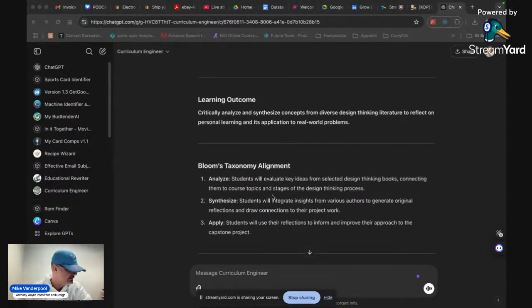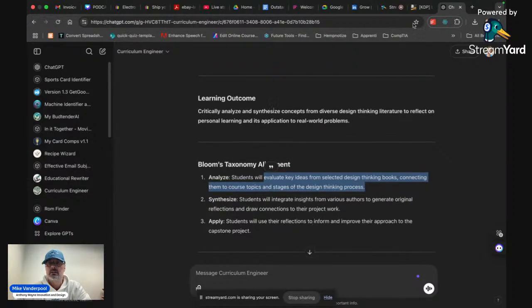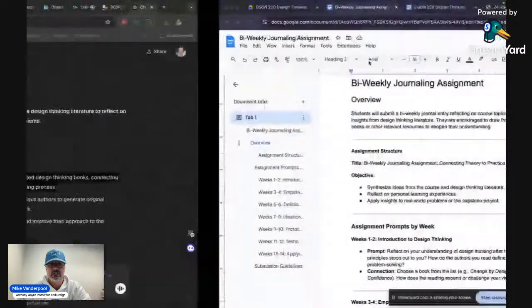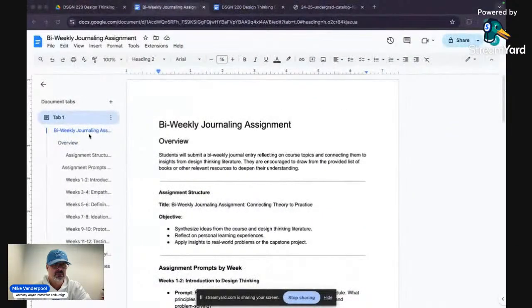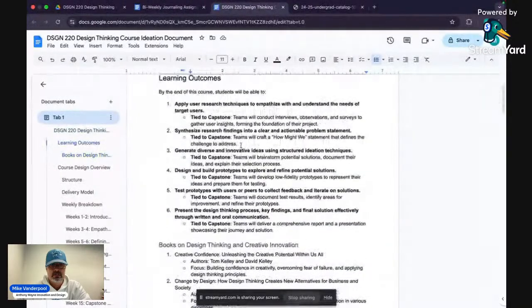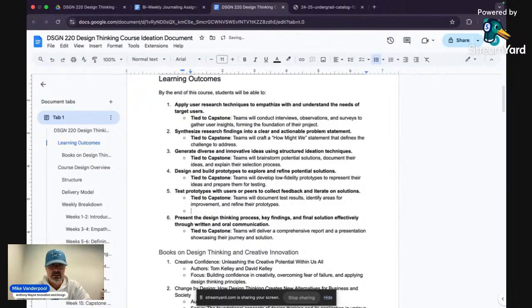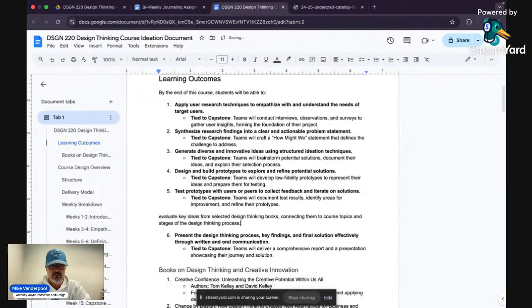Students will evaluate key ideas. Yeah, so I think this one right here. Analyze key ideas. I think that's what we actually want to add into our LOs. That probably makes the most sense here, right? Because they're applying research techniques. Yeah, because this right here, that LO,